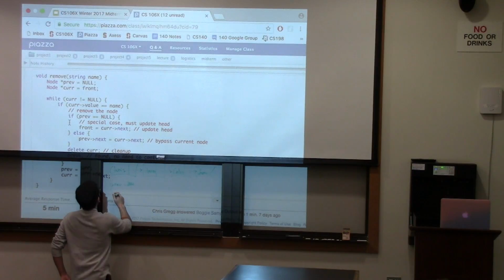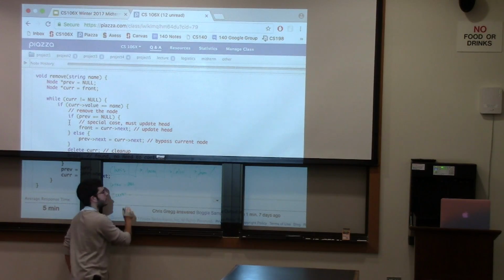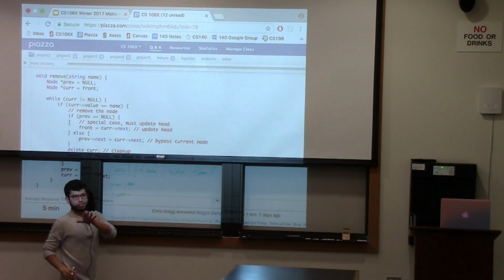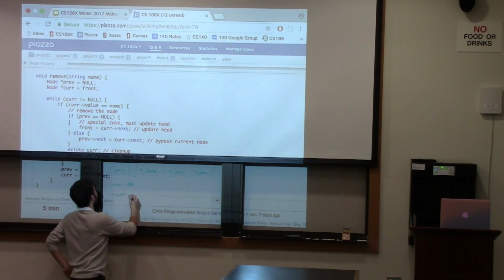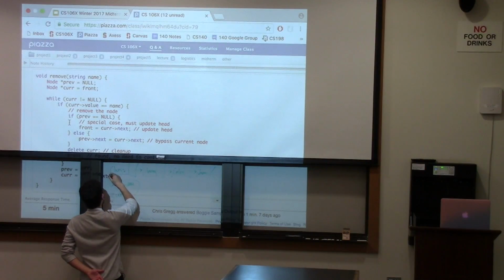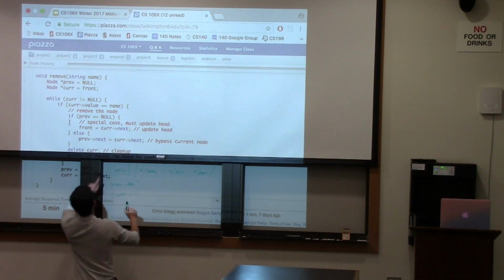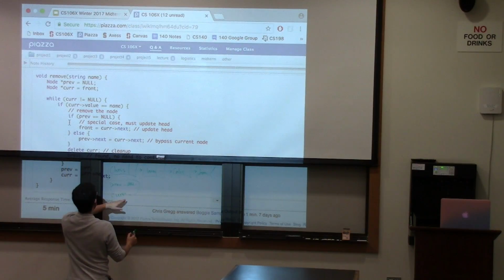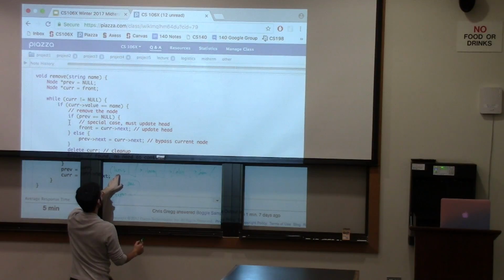and cur, where is that pointing right now? Actually, in the interest of time, I'm just going to do this. That good? Okay. So cur right now goes up here to Chris because it's the front of the list. Then while cur isn't null, cur is not null right now, so you go in there. Value is not equal to Colin, so